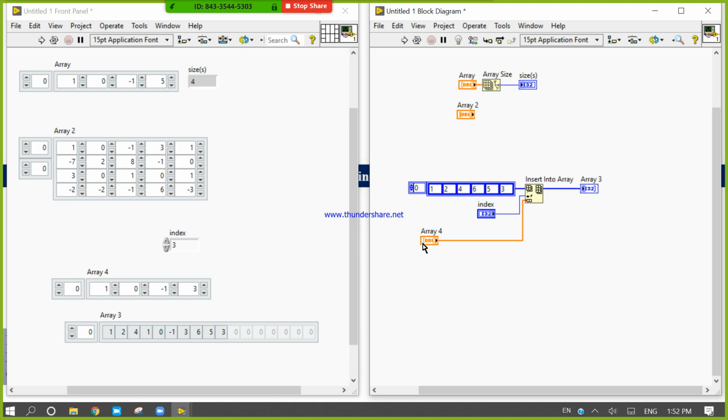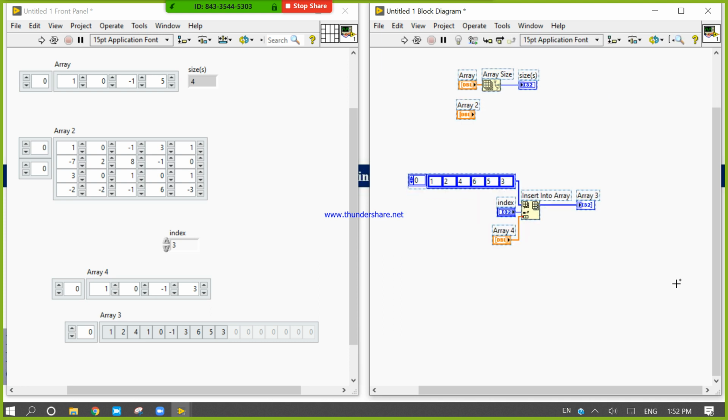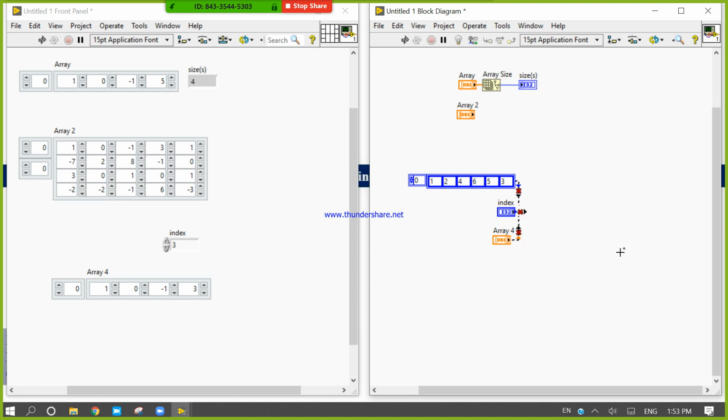Done this program? If done, then let's move on. Now, like a concatenate string function,